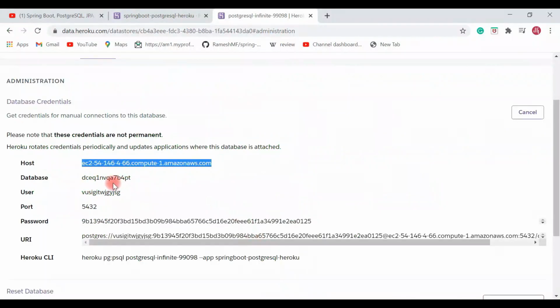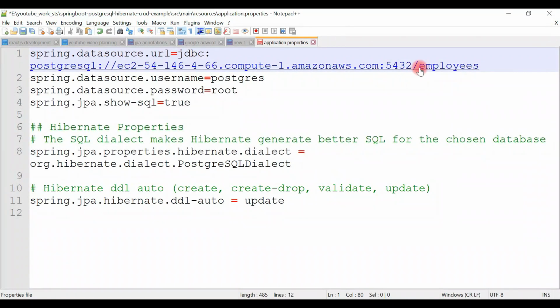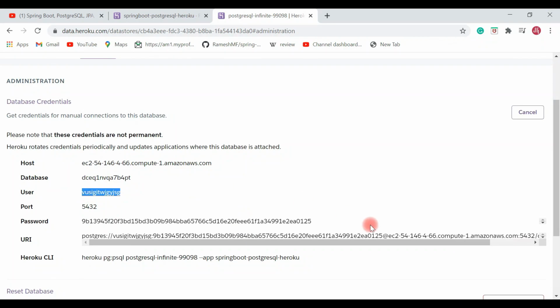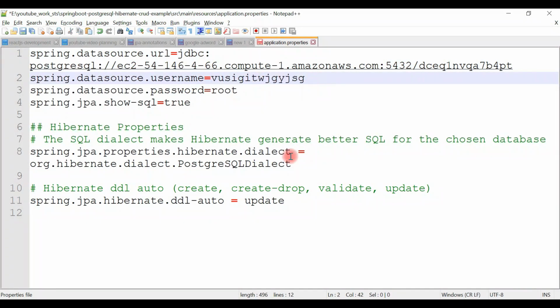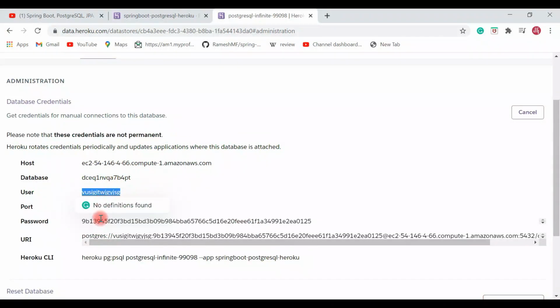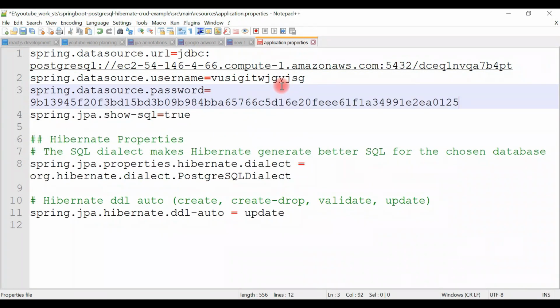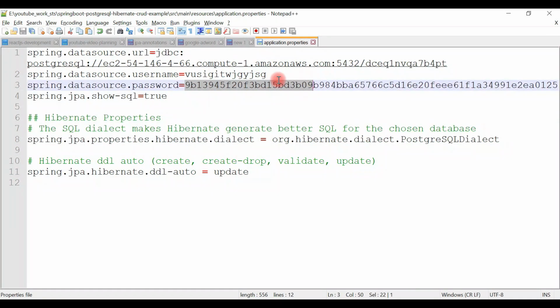Now we'll copy the database name and replace employees with the database name, and again copy the user and go to the application.properties file, replace here, and again one more property, that is password. The port is by default the same, so we only need to replace the password now. Here we go. Let me minimize. Alright guys, we have successfully configured our Heroku PostgreSQL credentials in the application.properties file.